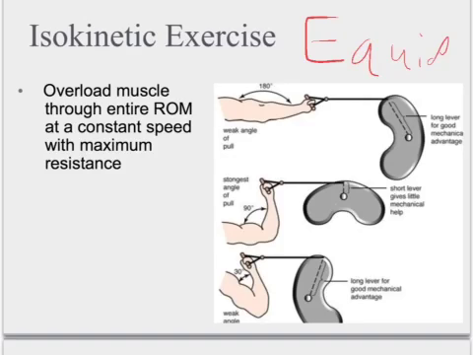So if you look here, with a bicep curl, when I'm at 180 degrees with my elbow, I don't have a real good mechanical advantage. As I move to 90 degrees, that's where my elbow has the best, or my bicep has the best mechanical advantage over my elbow. And then again, when I close her down to 30 degrees, I have less mechanical advantage.